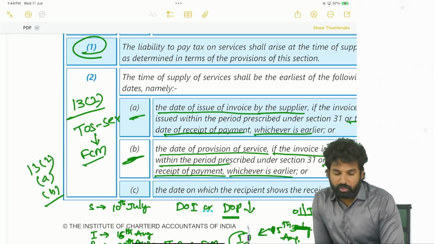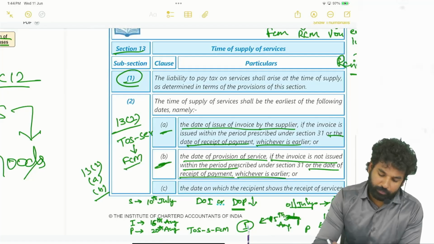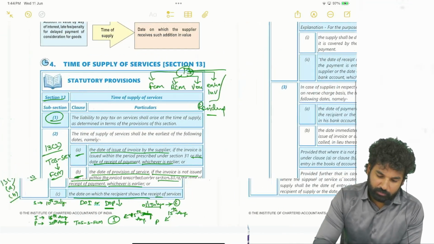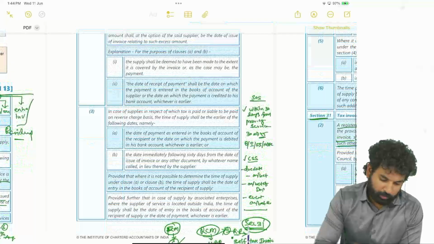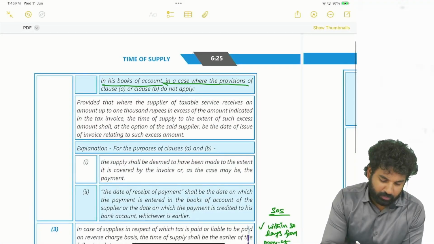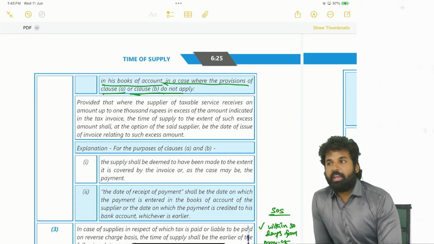Date of provision of service or date of payment, whichever is earlier. Okay, so the date on which the recipient shows the receipt of services in his books of accounts, in case where the provision of clause A or B does not apply. So if A and B are not applicable,